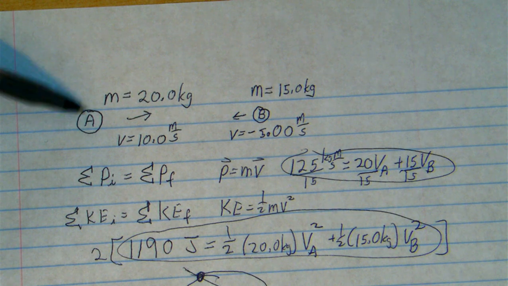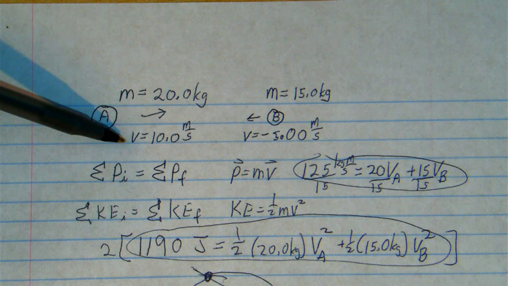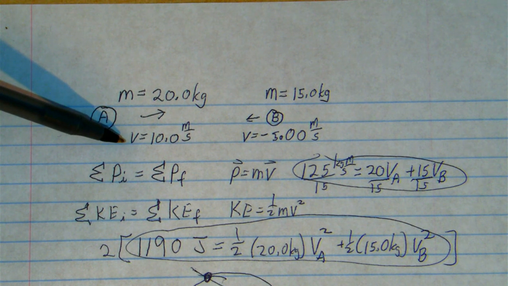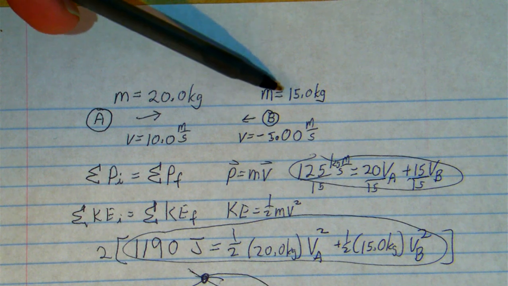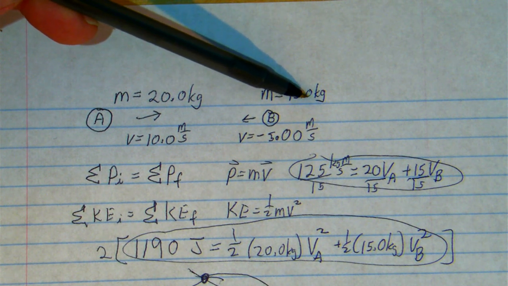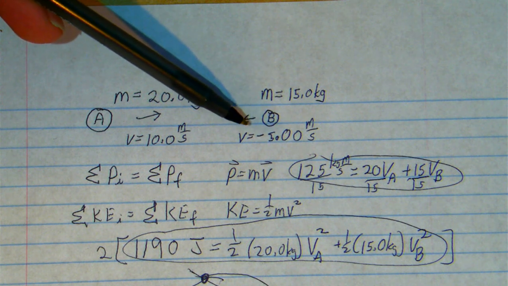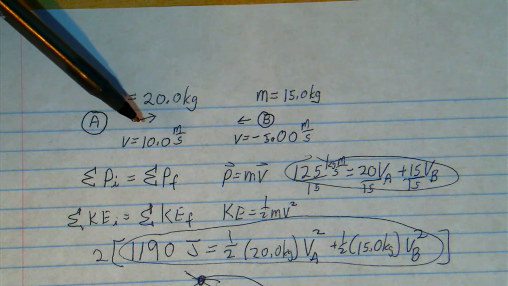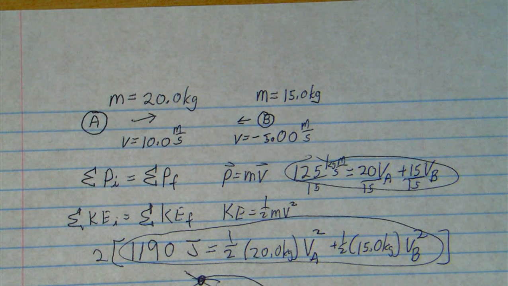Ball A has a mass of 20.0 kilograms and is initially moving at 10.0 meters per second to the right. Ball B has a mass of 15 kilograms and is initially moving 5 meters per second to the left. They have a head-on, perfectly elastic collision, and the task is to determine the final velocities of the two objects